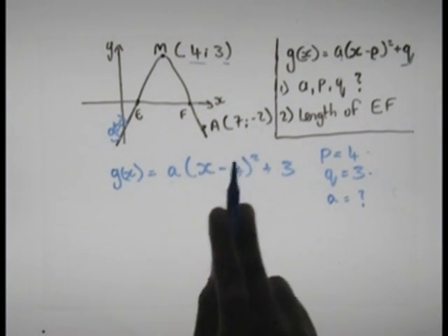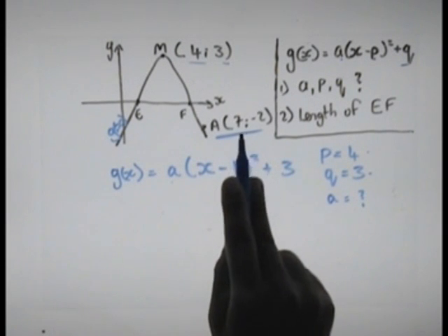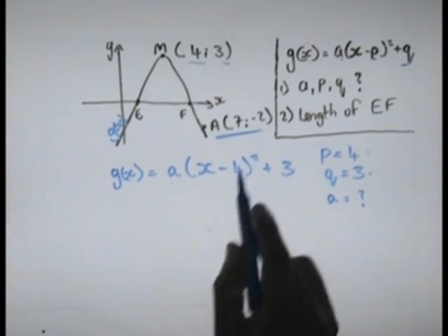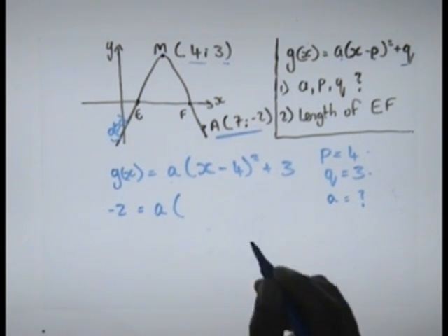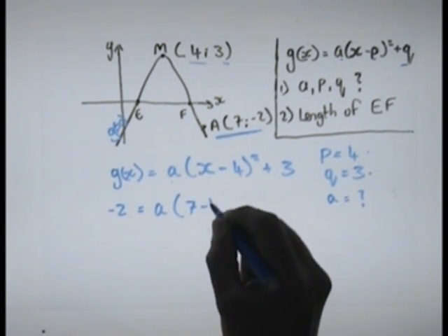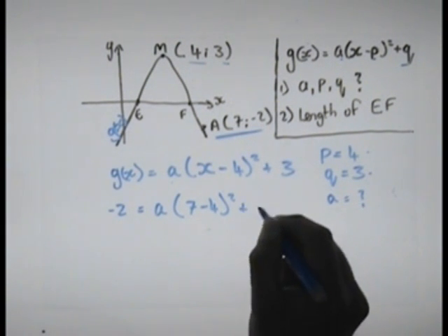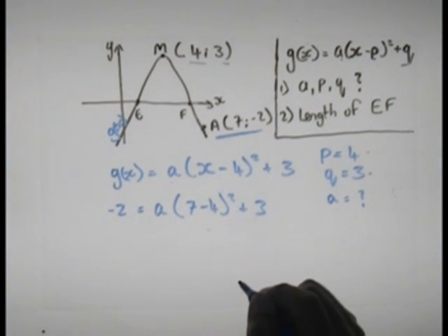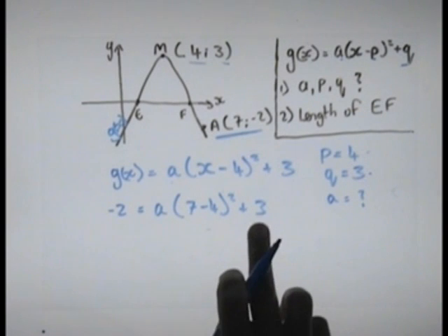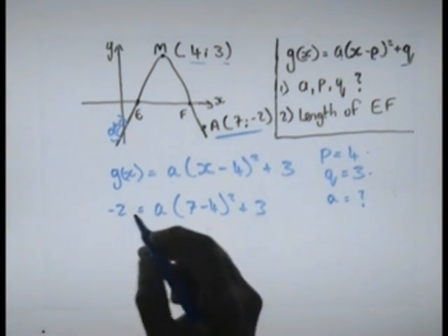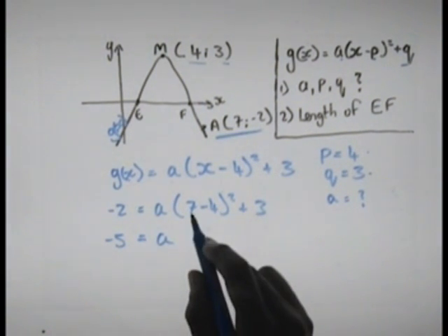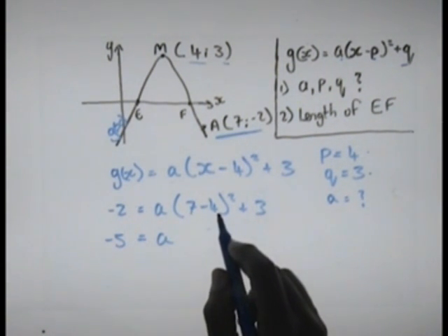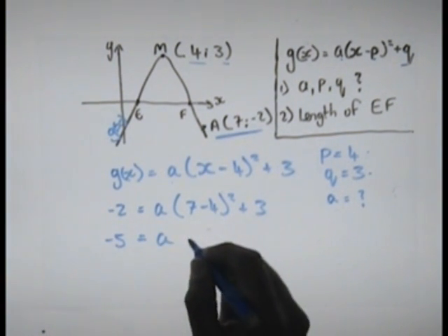To get our a value, I'm going to plug in these 2 points. The y-coordinate: negative 2 is equal to a multiplied by 7 minus 4 squared plus 3. Take the 3 across, minus 2 minus 3 is going to give me minus 5, is equal to a times 7 minus 4, which is 3, 3 squared is 9, so it's a times 9,